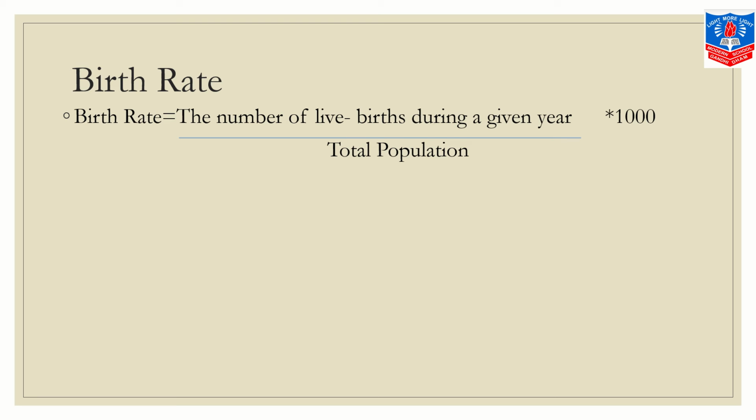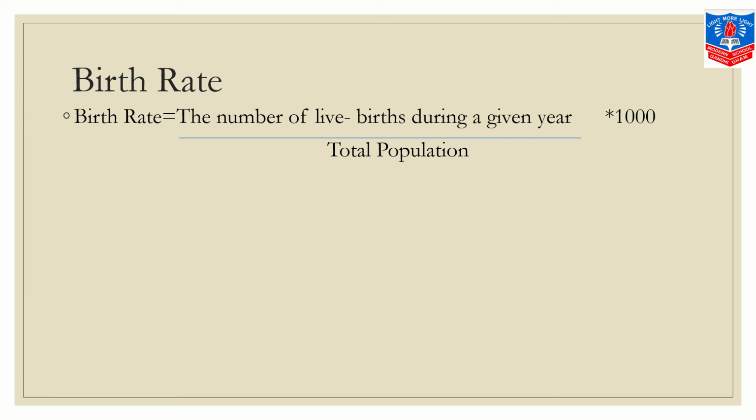Here it is not calculated in percentage. It is said in thousands. For every 1,000 people, how much addition is taking place is the birth rate. Now, the data on birth rate helps in deciding the population policy. From the birth rate data, the government can decide about the population policy, and accordingly it can take steps related to the future employment opportunities to be provided.